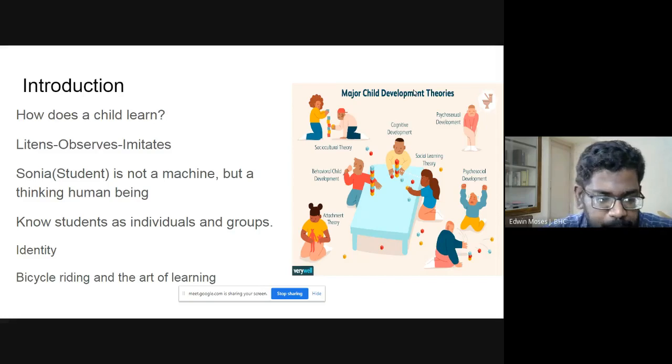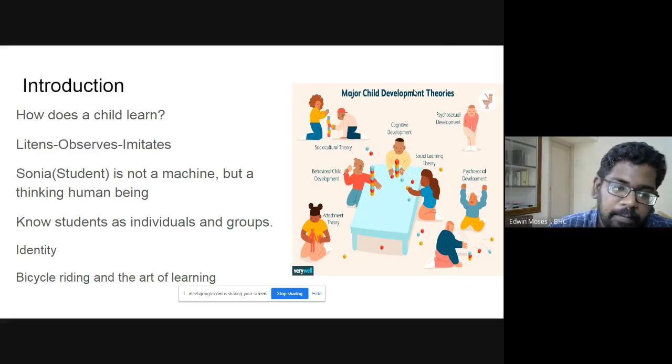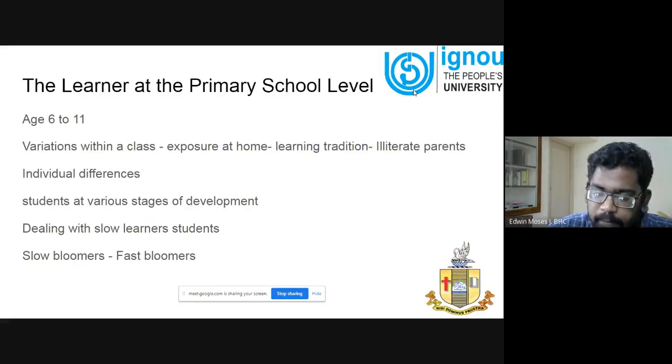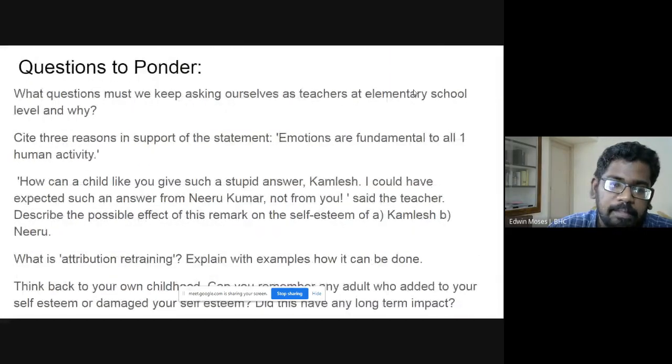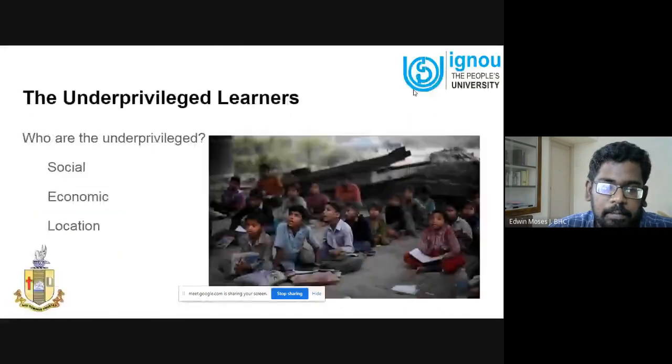So if you are studying a subject which you don't like, if you are in a career which you don't like, try to bring in what you like as part of your life, as a part-time activity or somewhere, right? So we discussed all those things: the learner at the primary level, the personality, questions to ponder,